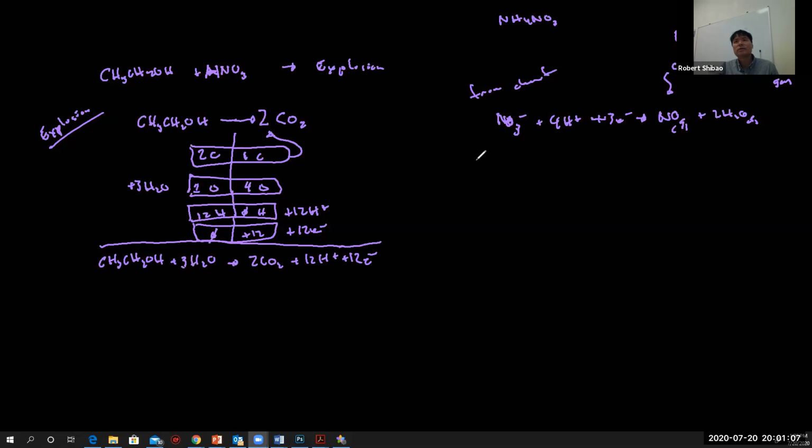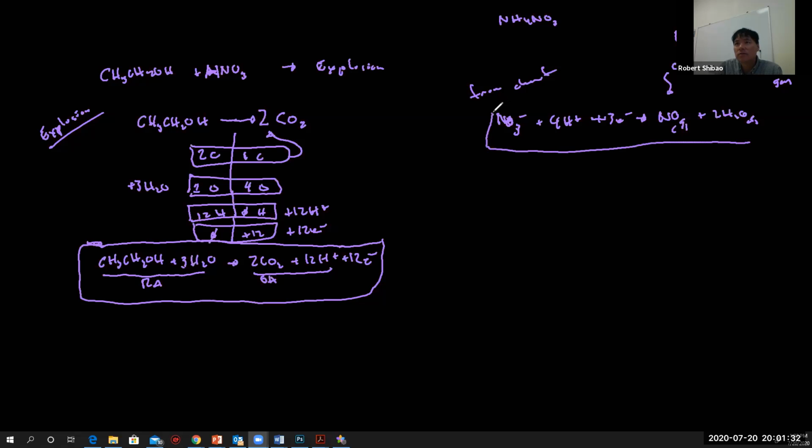So in the explosion in lab, the ethanol was not partially oxidized. The ethanol is fully oxidized, to CO2. And this would be our reducing agent again. Ethanol is our reducing agent. And then this would be the conjugate oxidizing agent here, CO2 and H plus. The reducing agent would be here. So this is one of the half reactions. The other half reaction we just get from the chart, which is nitrate and 4 H plus, this one. And then we combine them.